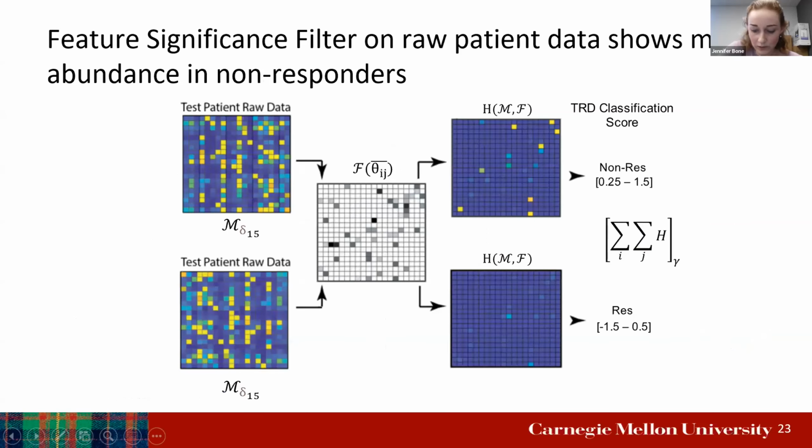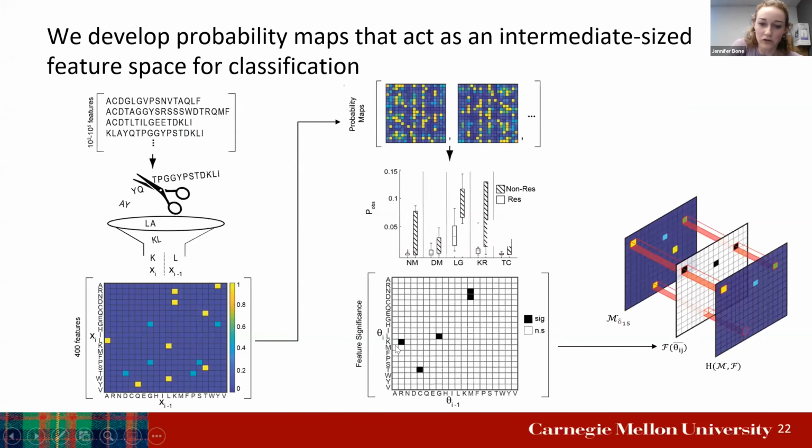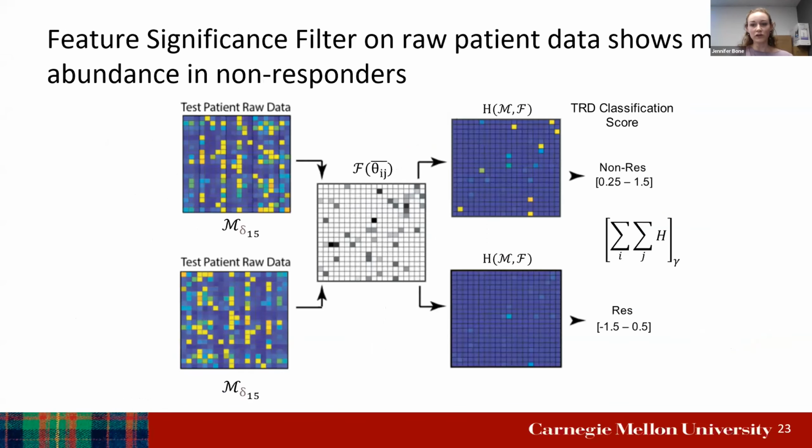And so in the bottom here, you see a feature significance matrix that is basically a black and white version of these colored ones that only retain the significant features. And what we're going to do is overlay that feature significance matrix over our raw patient data, so that what shines through are only the patterns that are indicative of response and non-response. So when we do that, here are 2 test patients, and don't worry too much about the numbers, but it basically just means our transition probability matrix for a delta gene at day 15. And we put them both through the same filter, and what's coming out here visually is